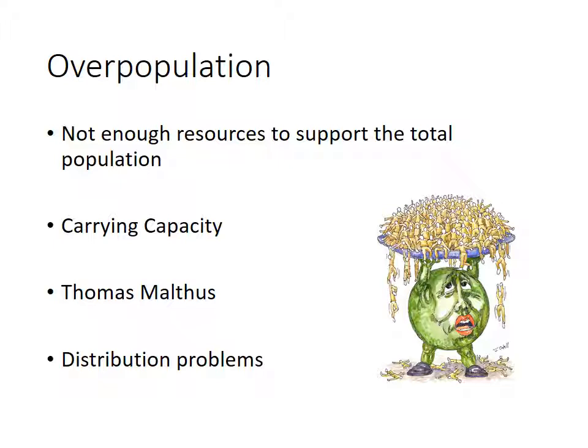This is related to the idea of carrying capacity, and that is the maximum amount of people a particular area can support. This little picture over here illustrates that well. It's the Earth or globe carrying the population. If there are too many people in that area, that's going to put too much stress on the resources and they will deplete fast. Overpopulation as kind of an area of study was pioneered by Thomas Malthus, who, remember, believed that